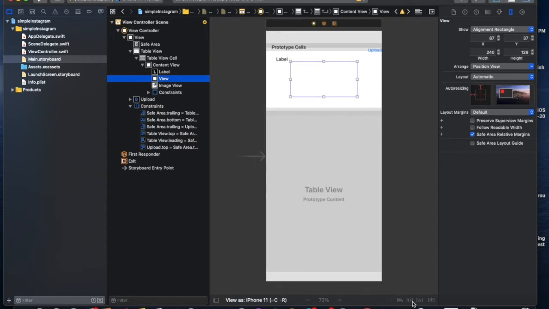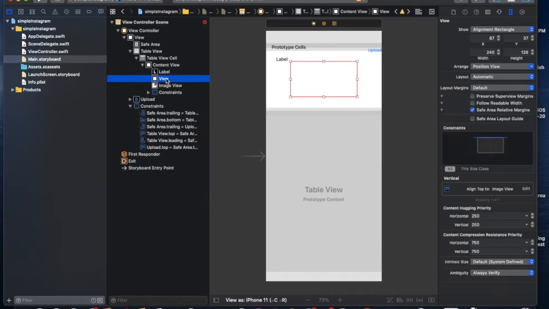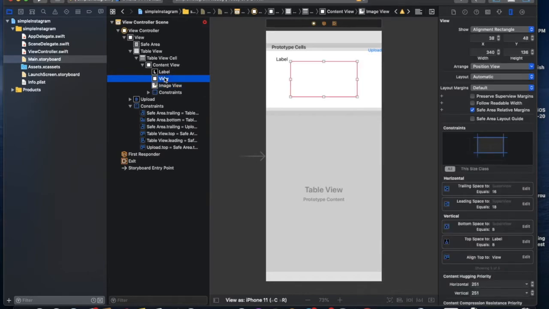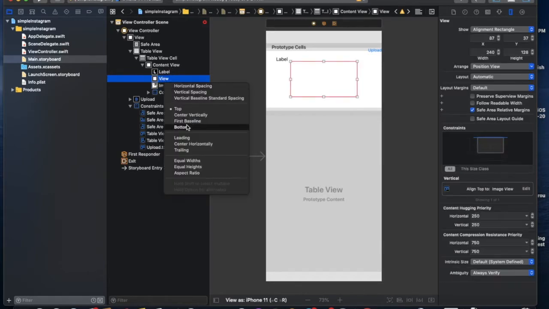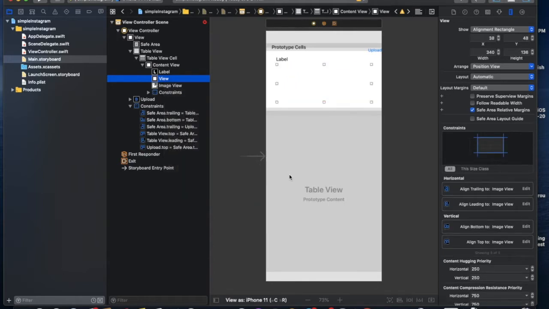Or you can just give the same constraints as the image view: top, bottom, leading and trailing, all the same.